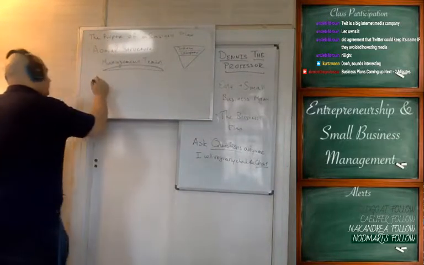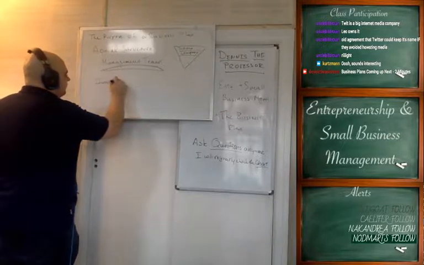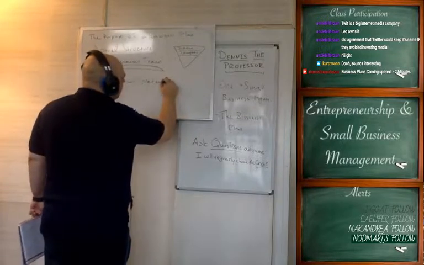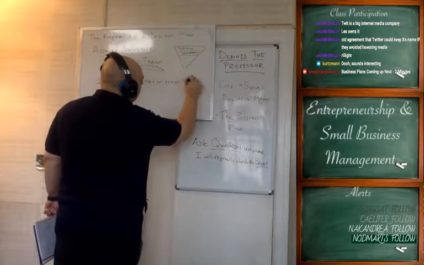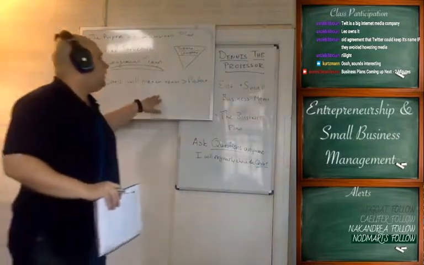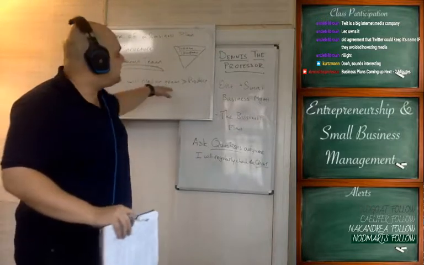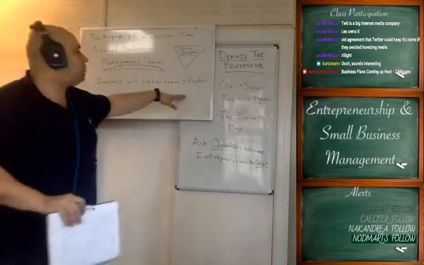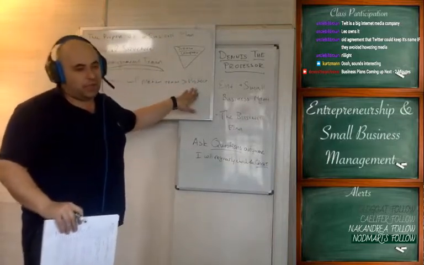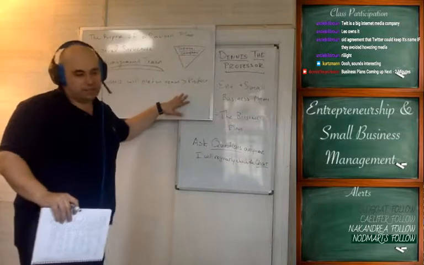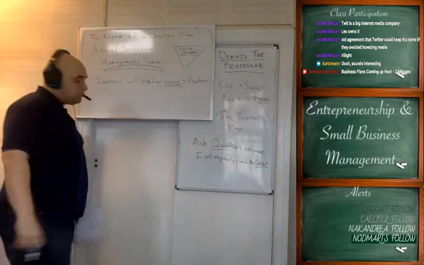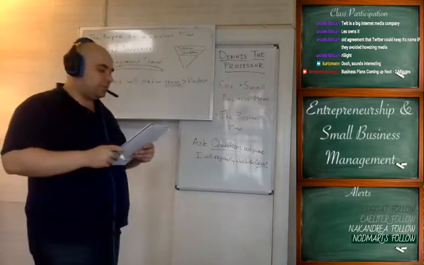In general, investors will prefer a great team. Will prefer team over product. And here's the reason. If this team is really good, and the product that they're building doesn't work, this team can build another product. If the product is really good and this team sucks, they can fail to make the product, or even if they succeed, they'll be unable to produce anything else. So your team is going to be more valuable to you than the actual product. So spend some time thinking about how you're going to present your team.